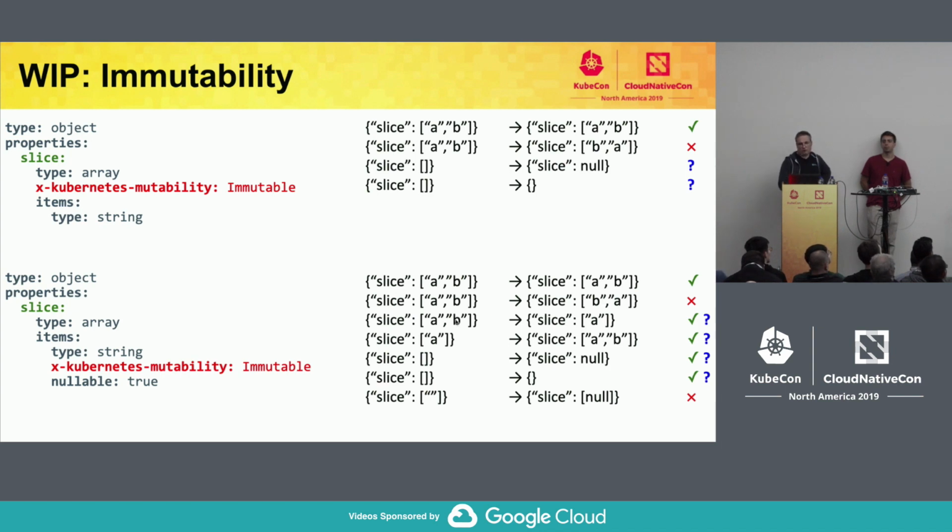But maybe removal is OK, because the second item here in the slice is not changed, because it doesn't exist anymore in the result. So one could say it might be the same, and adding something could also be allowed, because the array can be changed, but not the items. If an item didn't exist before, it's not really changing. So we're discussing those things. If you want to look for details, the CAP is there, and the update of the CAP is a PR at the moment.